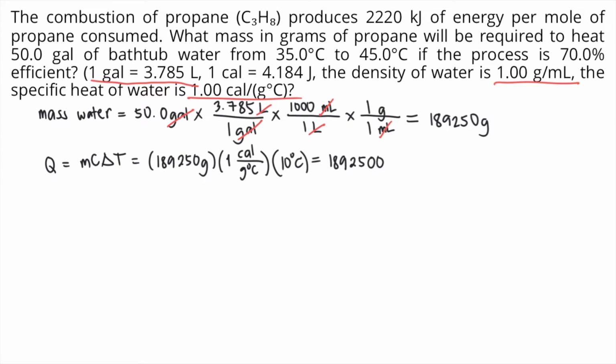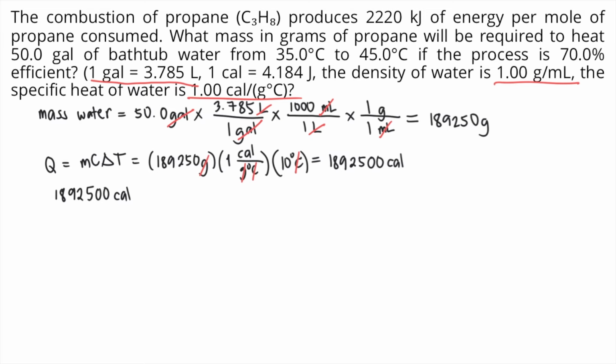And let's look at the units. The grams will cancel, the Celsius will cancel, so the unit would be calories. So we have 1,892,500 calories. We need this amount of heat to increase the temperature of bathtub water from 35 degrees Celsius